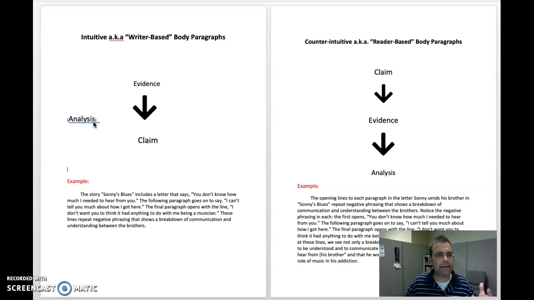You're looking at it and thinking about it. What are you going to say about it? And then in the paper, you'll write your claim. This is great, you're making good progress, but I put the analysis here in parentheses because it's not in your paper yet. You haven't spelled it out to the reader, so while it's still in your brain and still important,